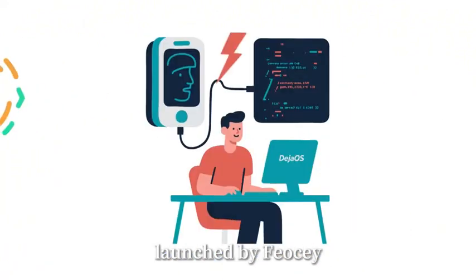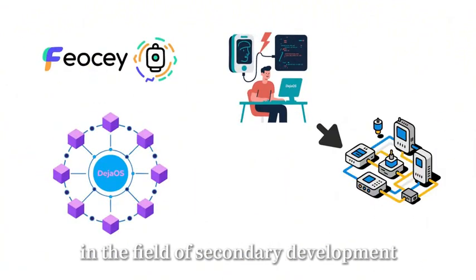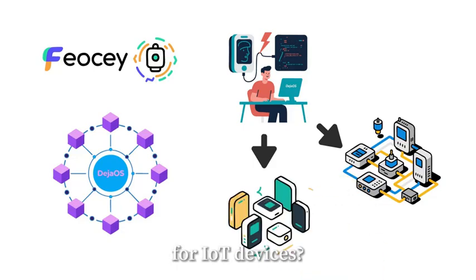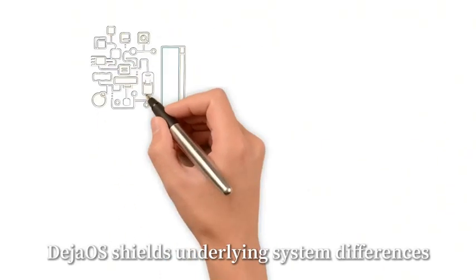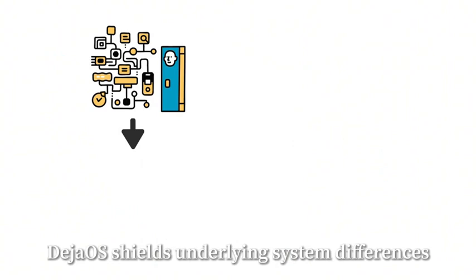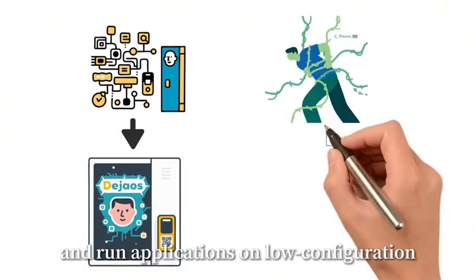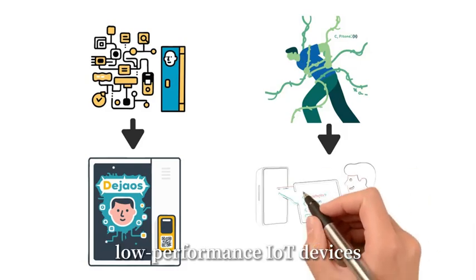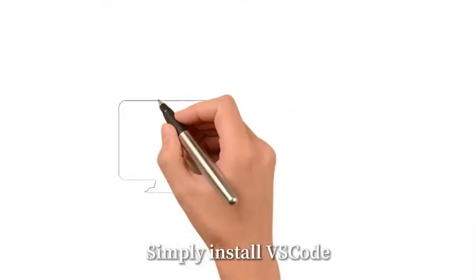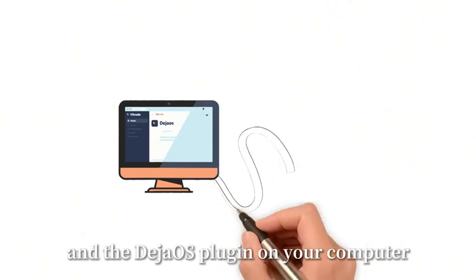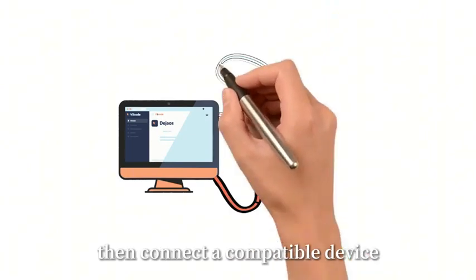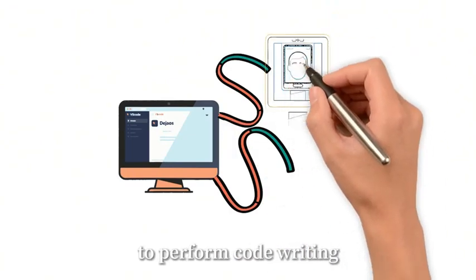What advantages does DGOS, launched by Feocey, have over other products in the field of secondary development for IoT devices? DGOS shields underlying system differences, enabling developers to easily develop and run applications on low-configuration IoT devices using JavaScript. Simply install VS Code and the DGOS plugin on your computer, then connect a compatible device to perform code writing,